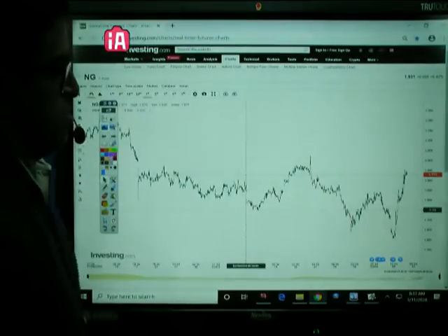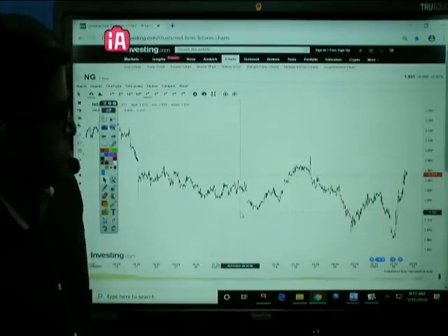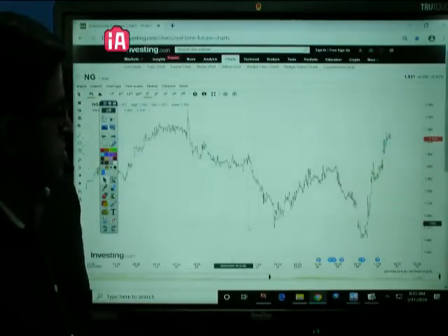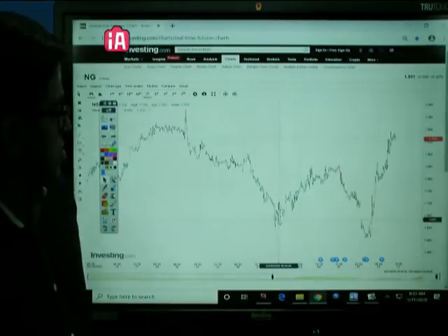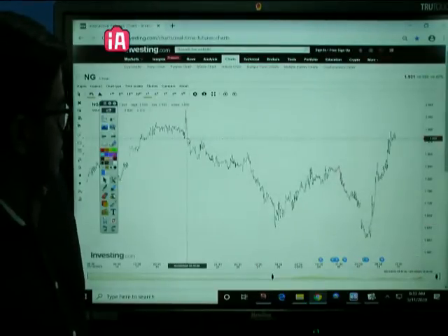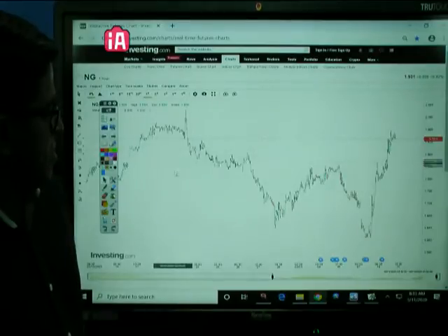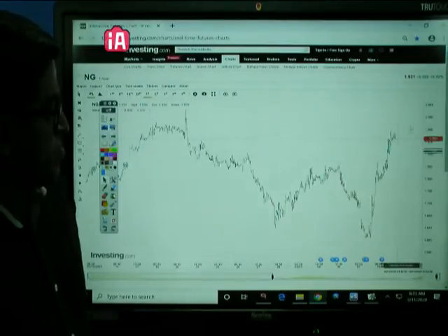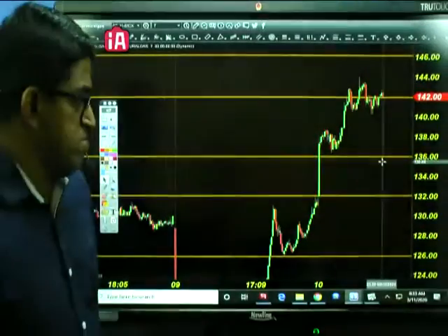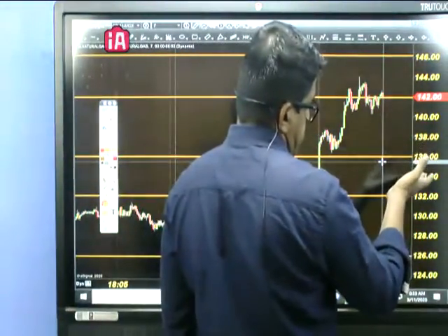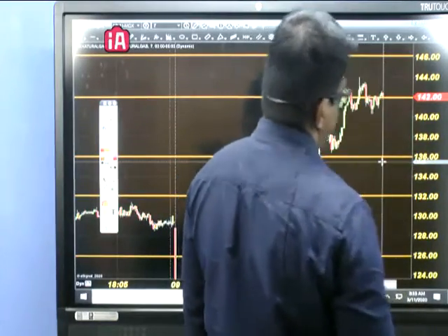That's the key point in natural gas, if you have this view. So it's what it says. If I enlarge this scale, so this is the zone. It's trying to find some resistance here, and it may come down a little bit, but finally it should take some support somewhere here to move up. So that's the reason: buy till 136, place stop at 135, and see whether the price is moving up.